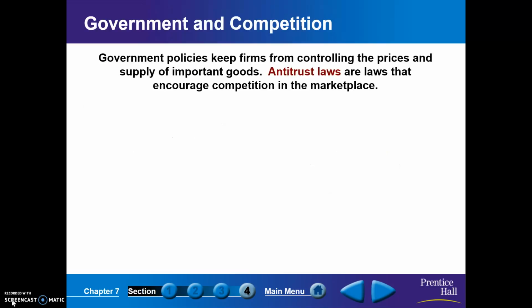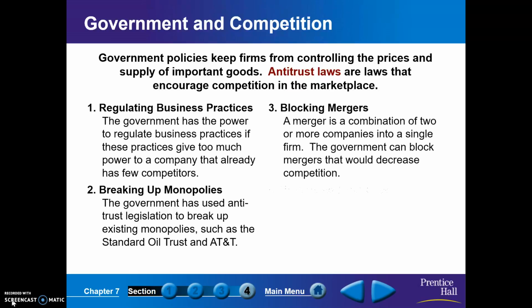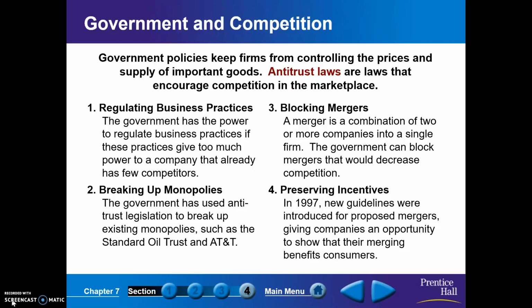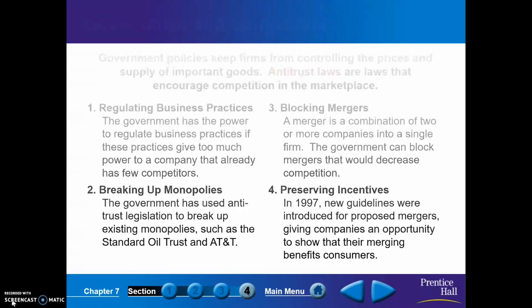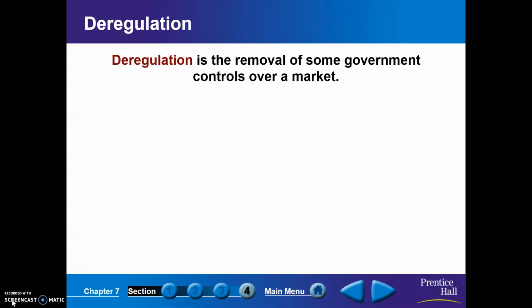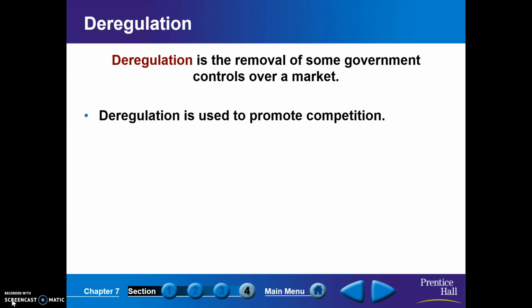There's also called an antitrust law. This is kind of go to U.S. history. This talks about how there are no monopolies unless it's a natural monopoly or government monopoly. So these explain the different ways how you can essentially go about stopping a monopoly. Deregulation is a removal of some government controls of our market. We talked about regulations like you can't have meow in your food, or we can't use a student desk as a baby car seat. There's regulations to that. Deregulation may be pulling those guidelines or requirements out to essentially help out competition.